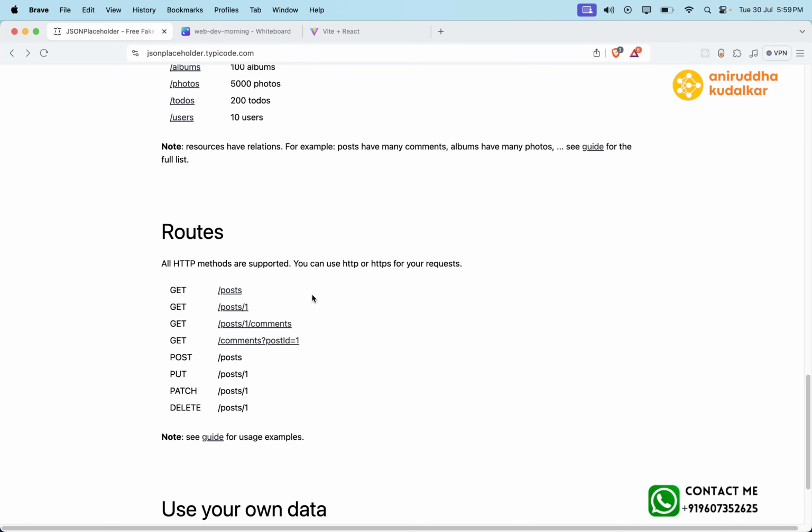Get method, you can get a single post also, you can get comments on the post also, right? You can get post by the post id also. Now can you see the post? So if you want to